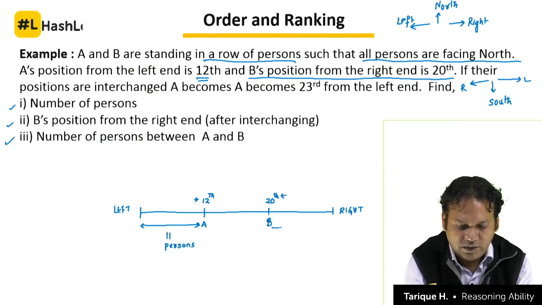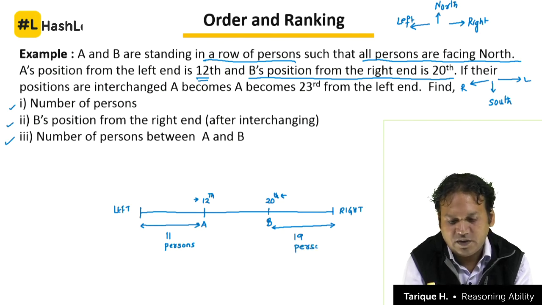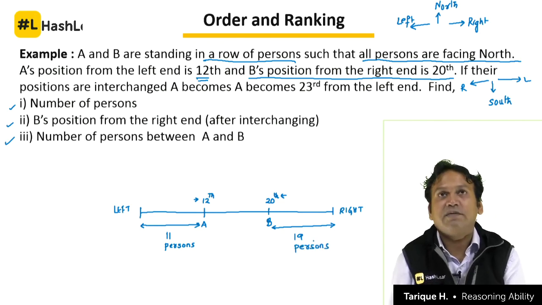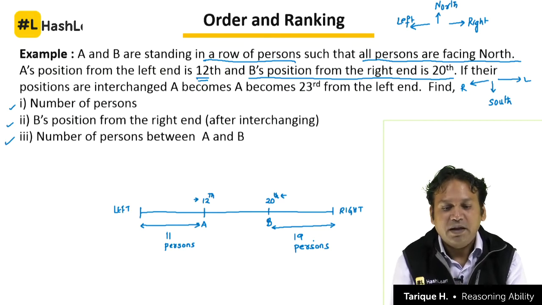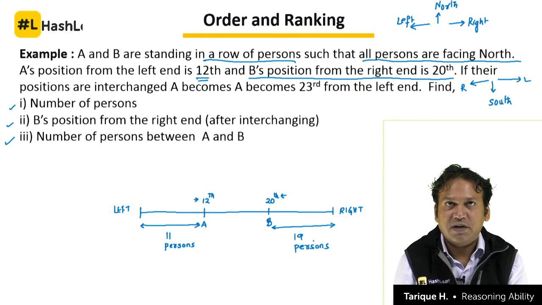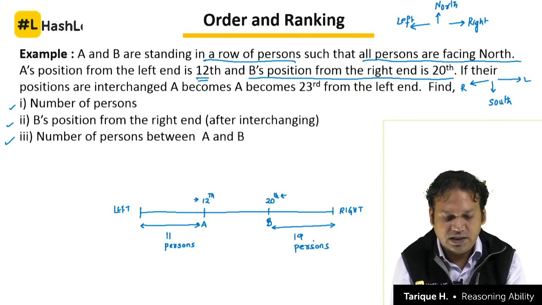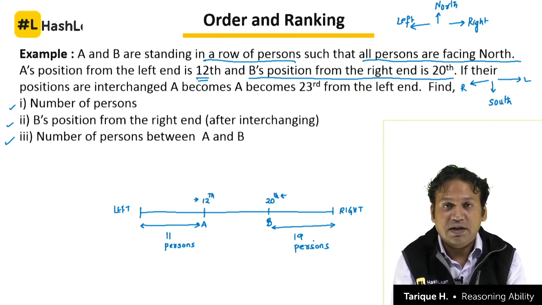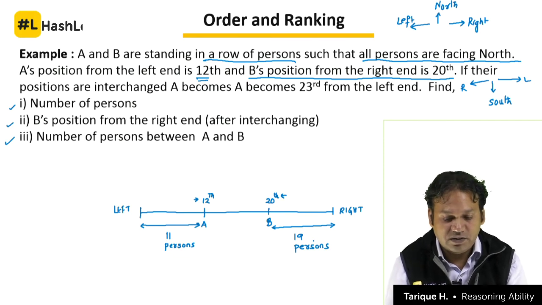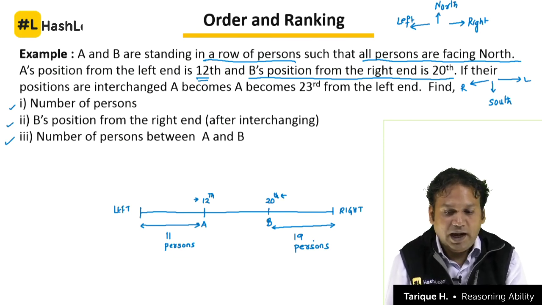That means it means there are 19 persons, 19 persons are there to the right of B. Correct? So first of all let's understand. A's position from the left end is 12 and B's position from the right end is 20th. The 11 persons to the left of A and 19 persons to the right of B, and what is there,